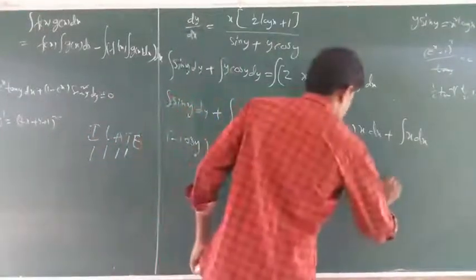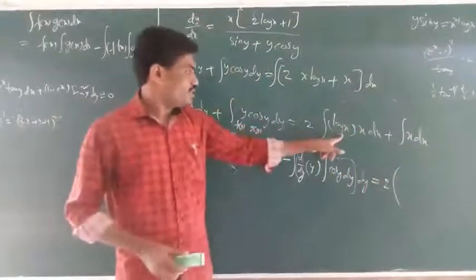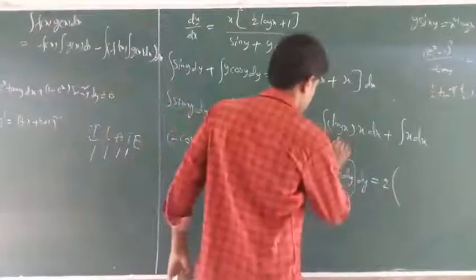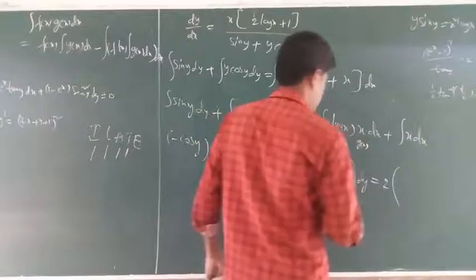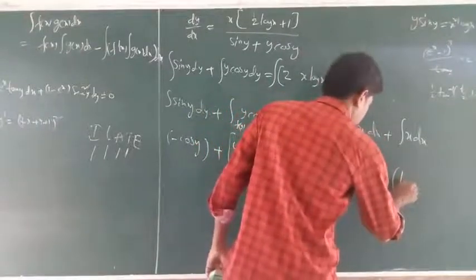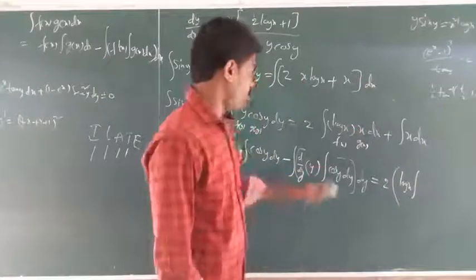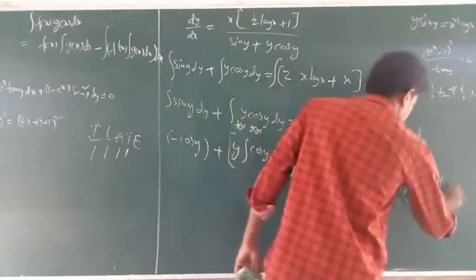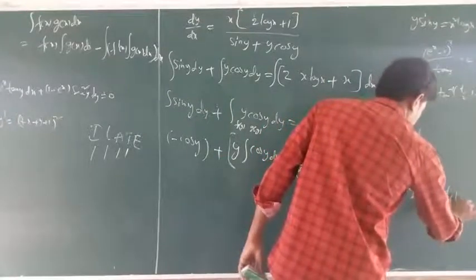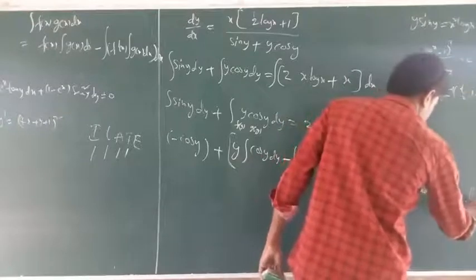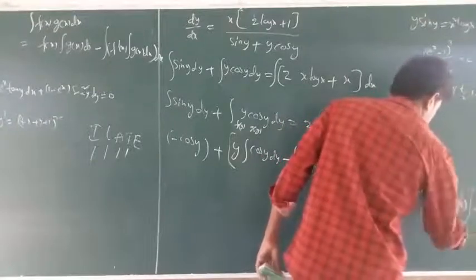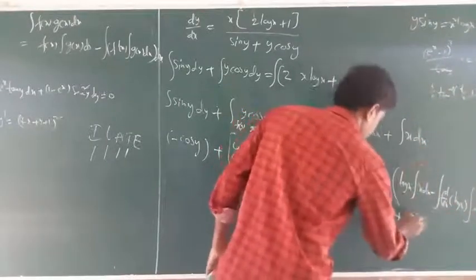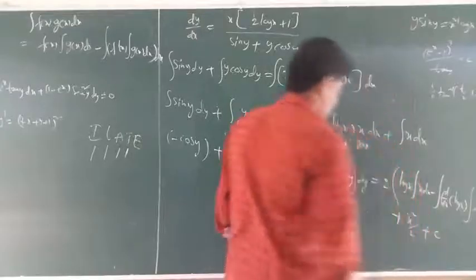So is equal to, this side also, log x is f of x and the other is g of x. Applying this formula, f of x is log x, g of x is x. So log x, that is f of x, into integration of g of x, meaning x dx, minus derivative d by dx of log x into integration of x dx, into dx, plus integration of x dx, meaning x square by 2, plus c.